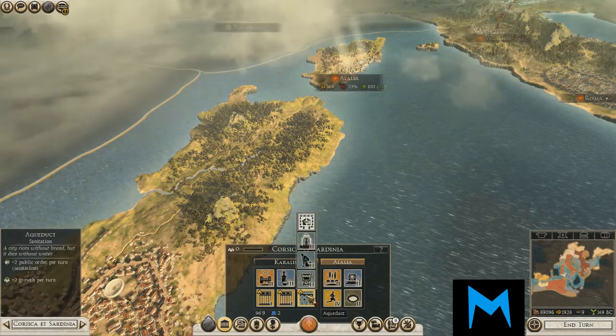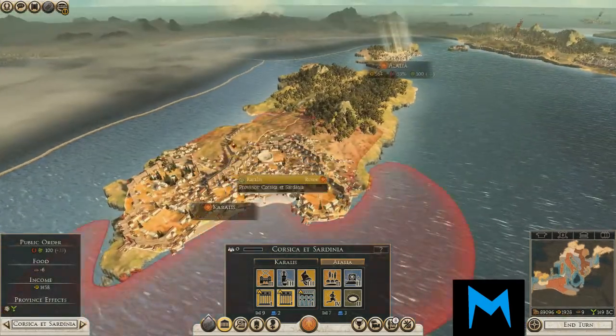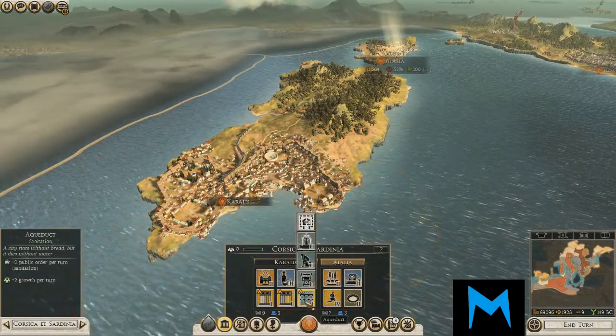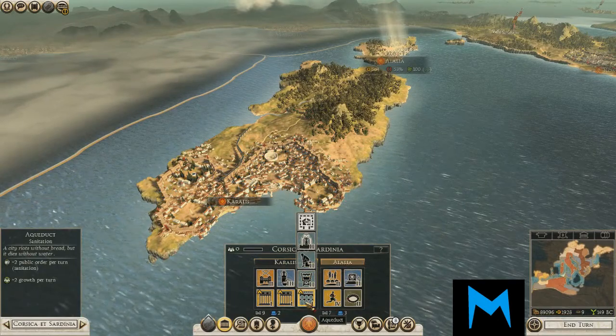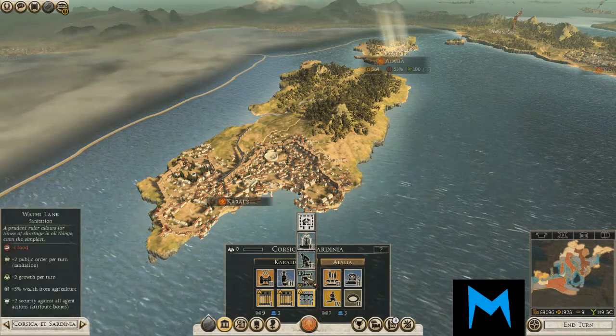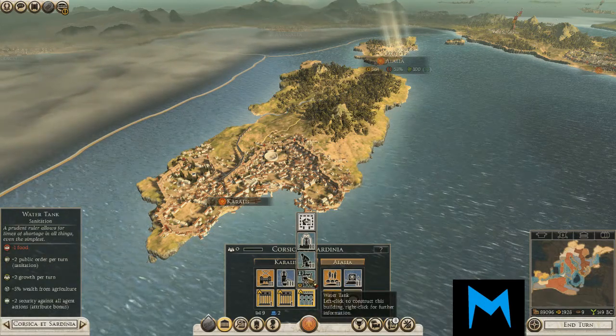So I have aqueducts. I built an aqueduct here in this city. As you can see, the aqueduct is on the map. It's bringing fresh water into my city, which is making my public pretty happy. But I can alter this aqueduct itself to provide other benefits for my city. I can make a water tank, which is going to increase the public happiness by 2 per turn, and it's